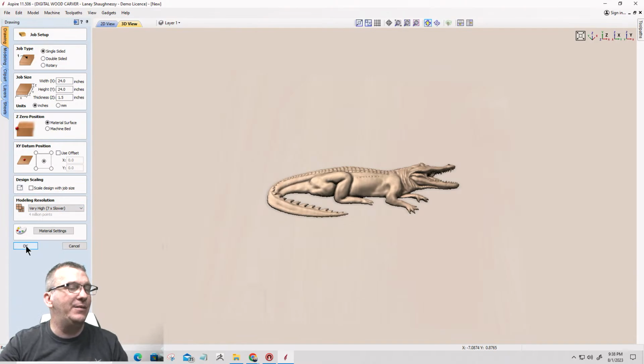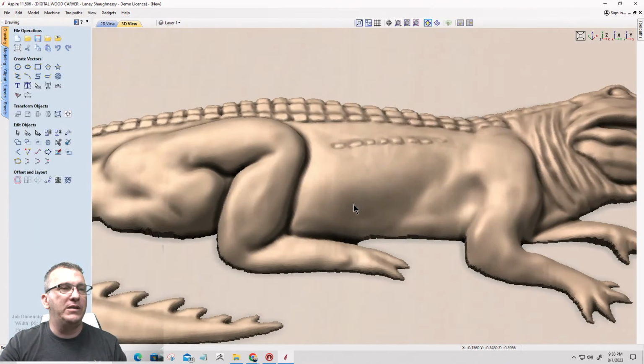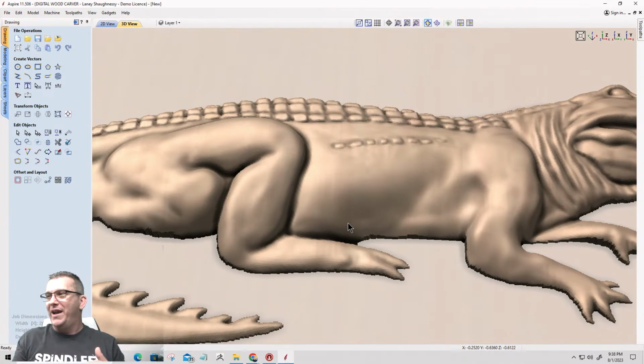It is fine. For the most part, it's going to minimize the pixelation. You don't always